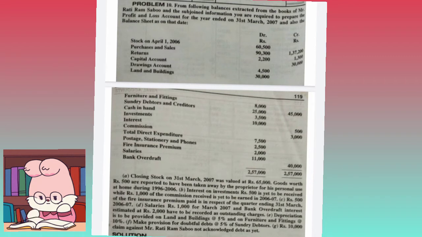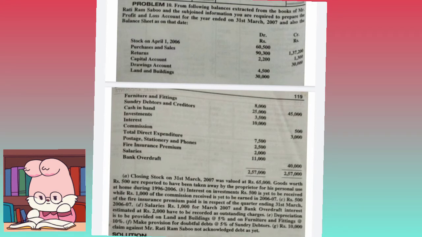Okay, in the question. Anyhow, we will assume it as a premium paid, the prepaid premium paid. So advance expenditure has been paid. So it is a prepaid amount. So we will deduct it from the fire insurance premium, and we will take it to the asset side of the balance sheet, as a premium paid.